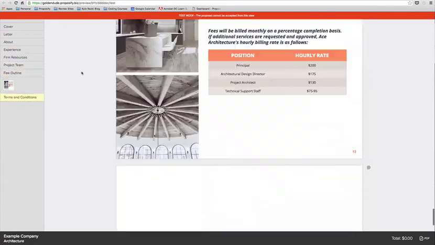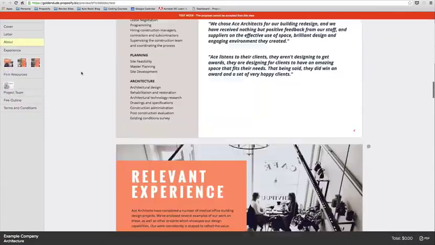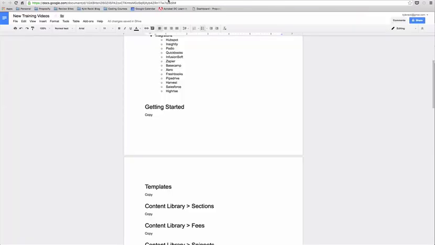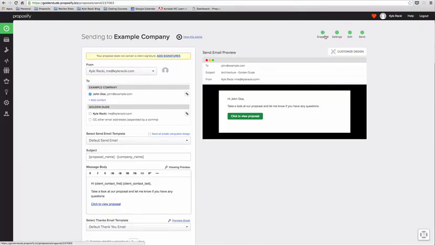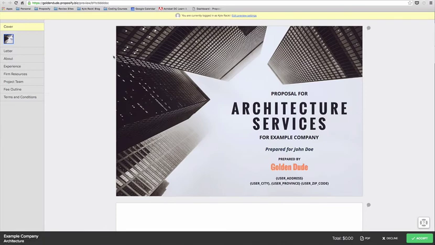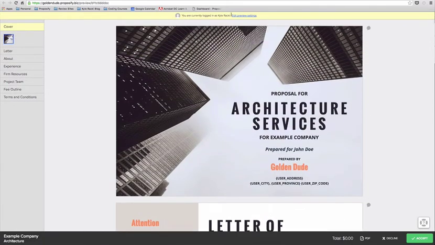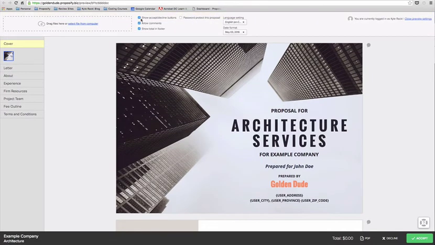Now there's some customizations that we can do to this proposal view from here. So I'm going to close down this test for a moment, and I'm actually going to go to the snapshot and click on the preview button. So this is just another way of previewing the proposal. Now because I'm logged in as myself, I actually have this little edit button here,